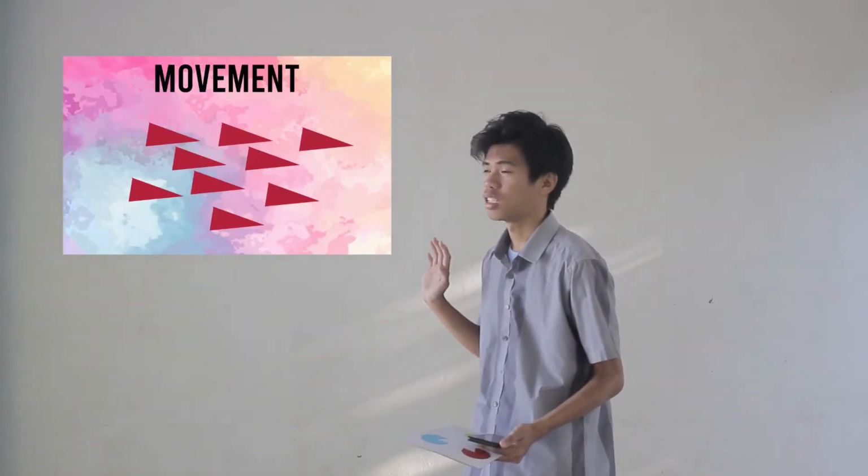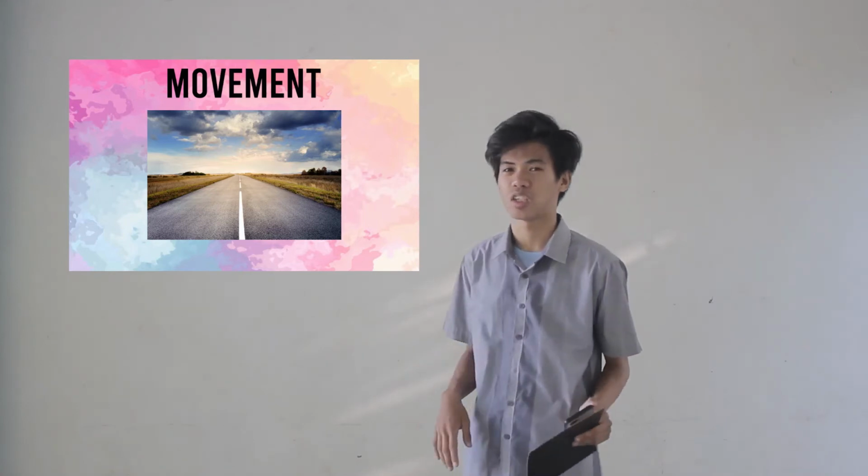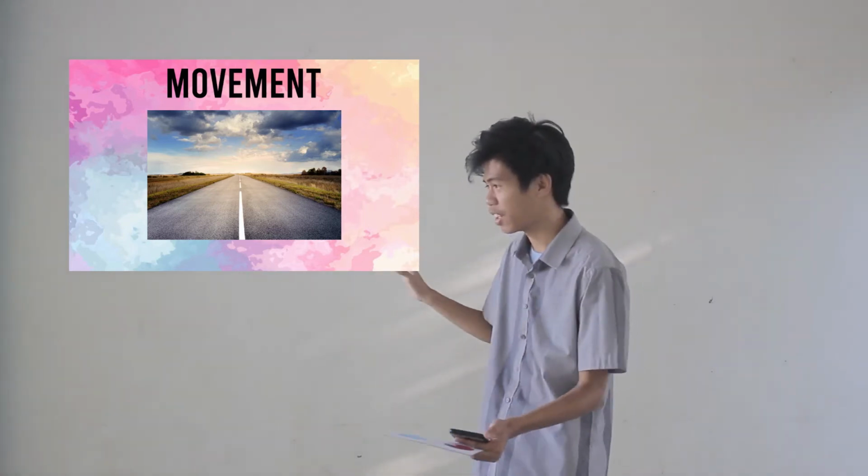Suggested movement. Suggested movement is like this. Like this triangle is emphasizing moving to the left. It has a direction of movement. So that is also part of the principles of art, which is movement. Even if nothing is moving, like this picture, it is a landscape picture. There's a mountain and a river. So when we base it on reality, the river is always moving. So in the picture, as you can observe, it can also be called moving.